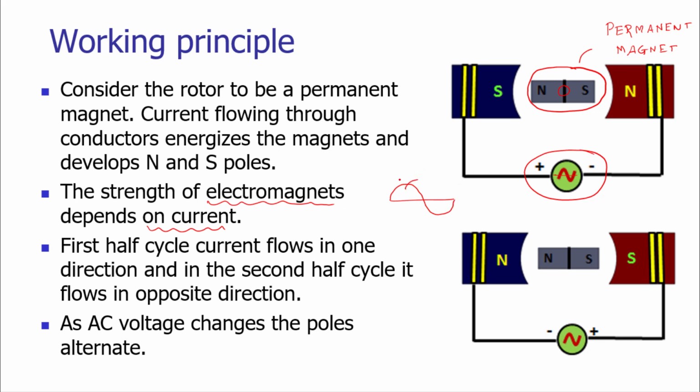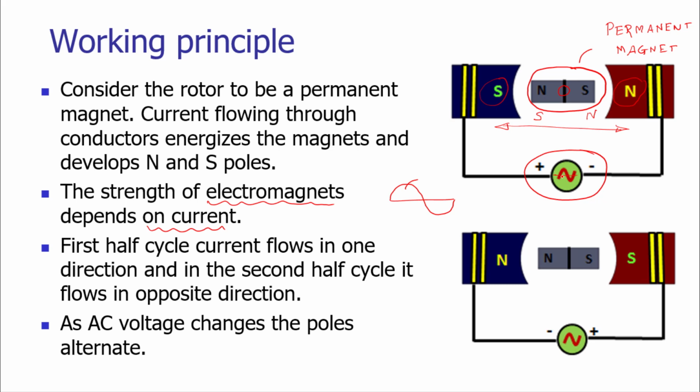For first half cycle, let us consider the electromagnet is generating a south pole here and the north pole over here. In this situation, the north pole of the rotor magnet will get attracted towards the south pole, and it will get oriented in the fashion shown on your screen. If we consider that this NS was SN pole in its previous position.